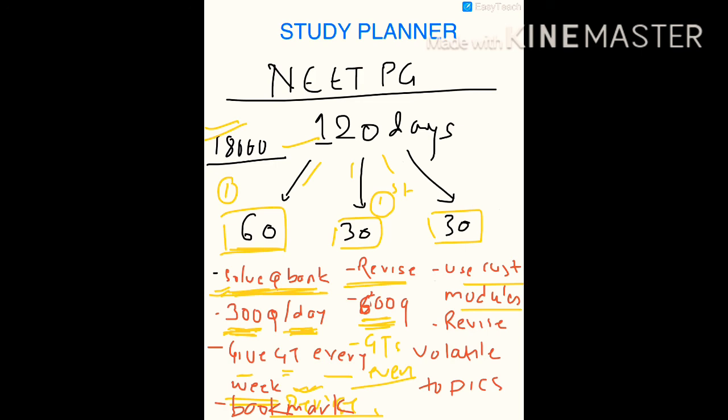Also revise the volatile topics like the drug of choice from pharma, or the numbers, or the most commons. You can use those in the custom modules. So this is how you can complete the whole Q bank of Marrow in just 60 days of the 120 days, and revise it 2 times after that. So if you complete the Q bank and revise it, you can easily get a decent score, according to me.